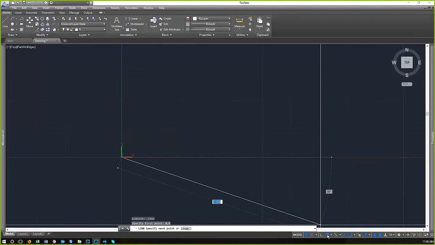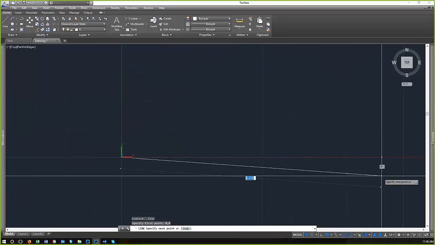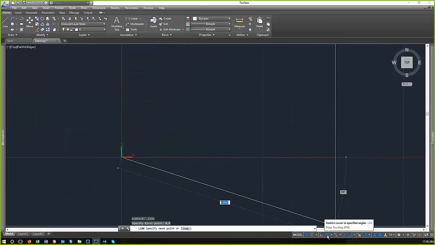You can specify which angles this is going to restrict you to by hitting this flyout and specifying just 90-degree angles, 45s, 30, 23, 18, 15. 15 is pretty much the lowest that I go to, but if you're trying to specify something else, you can definitely go down to 5-degree increments, and it's going to snap quite frequently as you go around. So you can use polar